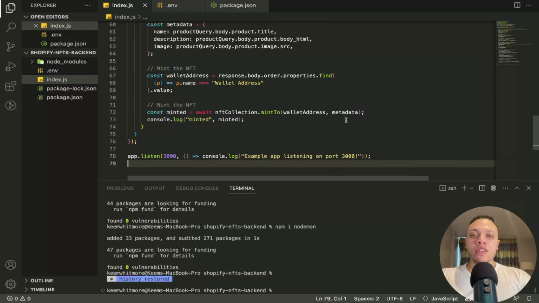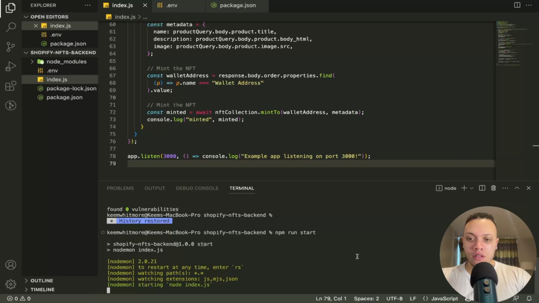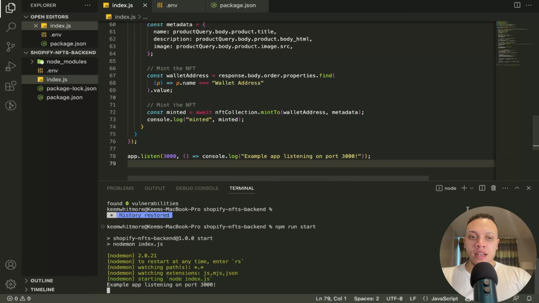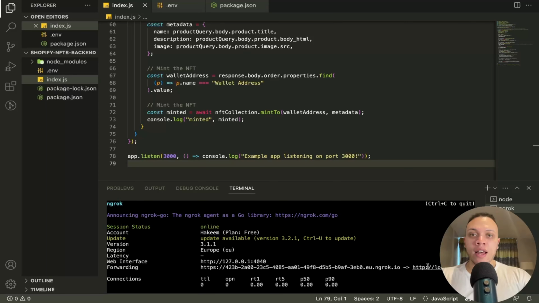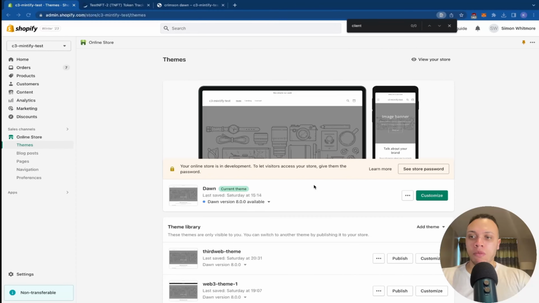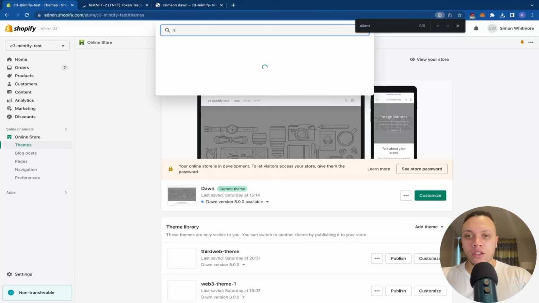Right, so if you follow the tutorial to the T, what I'm going to do now is start the server. Start. And now it's listening on port 3000, and I'm also going to host an ngrok tunnel, so make sure you have ngrok installed. You can do ngrok http 3000. So now the ngrok tunnel will be linked to our localhost. And what ngrok does is it exposes your localhost environment or URL to the internet so Shopify can actually call it. So if we head back over to our Shopify admin and we go to notifications again,